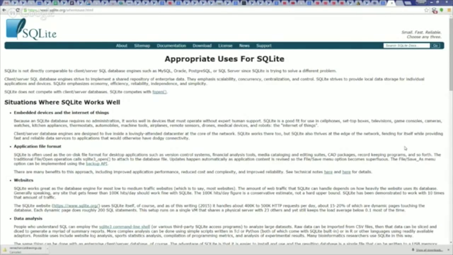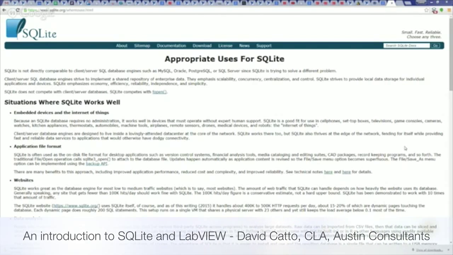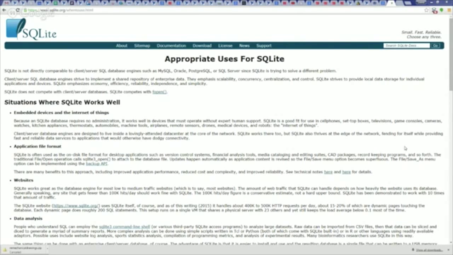Cool. So my talk's just a little bit about databases in LabVIEW. I have to admit, a bit of a disclaimer to start off with. I'm not a huge database user in LabVIEW. I'm probably not the best person to give this talk. But